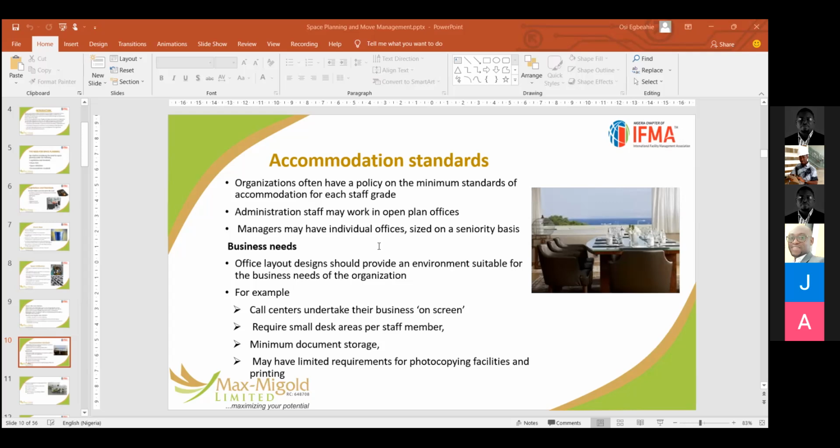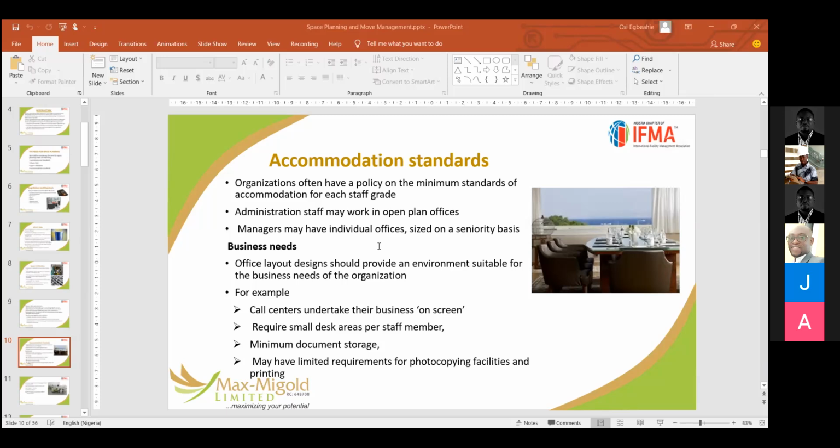Admin staff, and sometimes in some offices and the way people work in large organizations where you have a lot of departments, you discover that even if you have open spaces, you do not plan the admin office along with, let's say, operations. It is going to be a misfit. The work they're doing is totally different. You need to sectionalize your admin office separately. The admin space will definitely be different from the operations, and probably